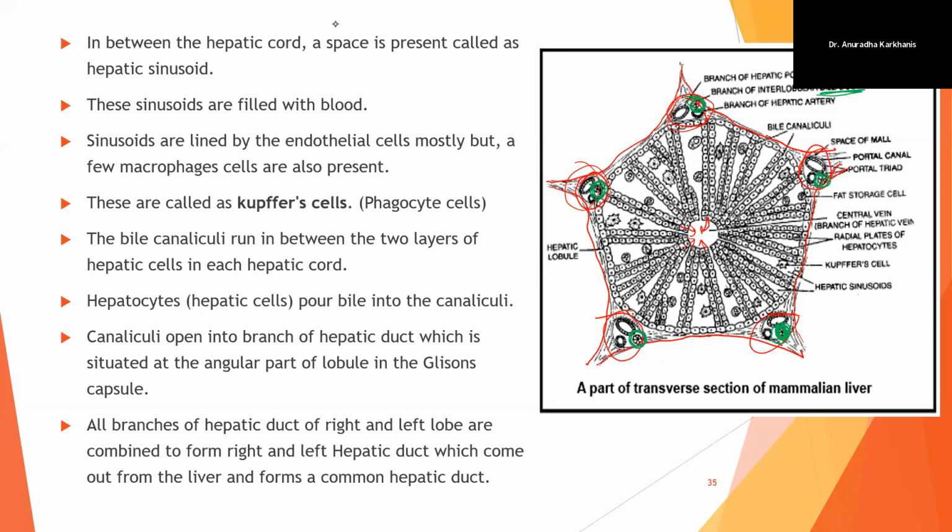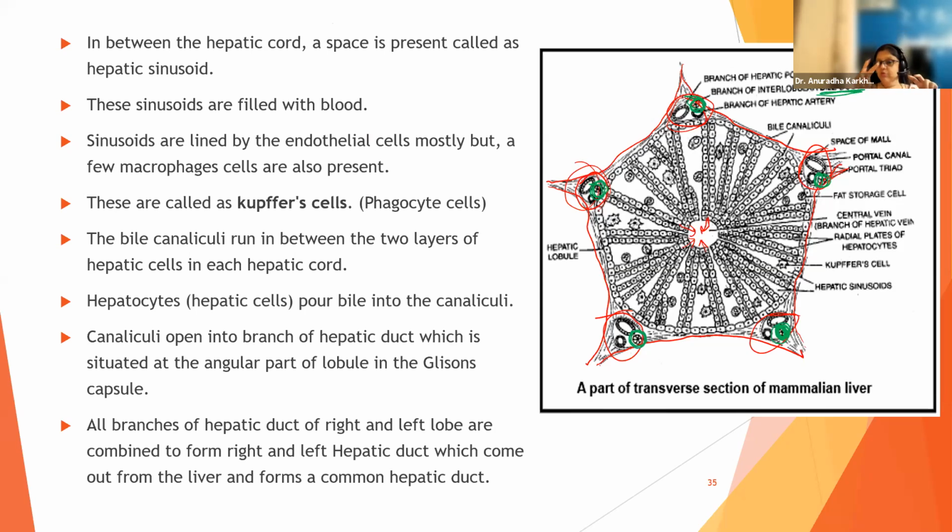Okay. So have you understood everything up to here? Okay. So I'll just give a quick recap of whatever we have done. First thing, the liver's internal structure. Internally, the liver is divided into several lobules. Every lobule is going to be covered with a Glisson's capsule. Inside the lobule, we can see there are going to be hepatic cells at the periphery, and there will be 2 rows of hepatic cells coming towards the center.